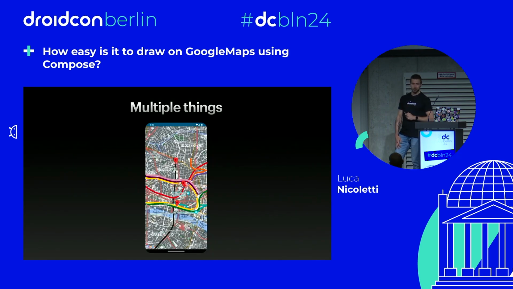This is an example of multiple things. There is the URL tile overlay, the ground overlay, and a few markers. And yeah, that's basically all you can do with the